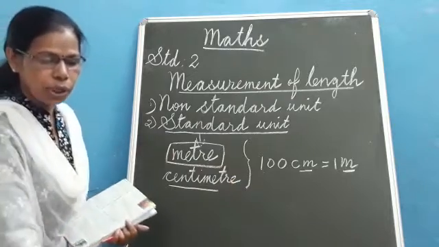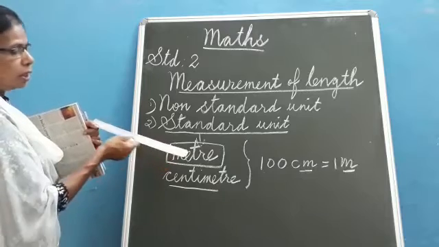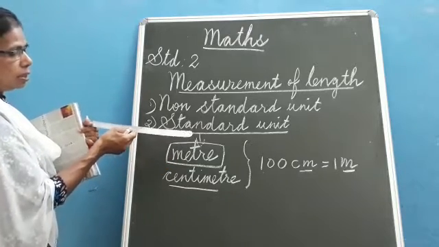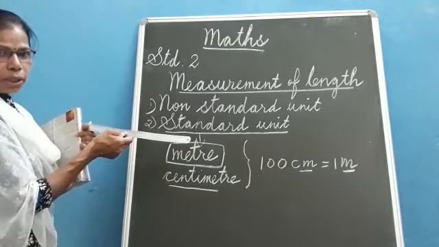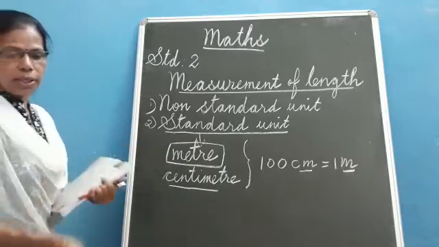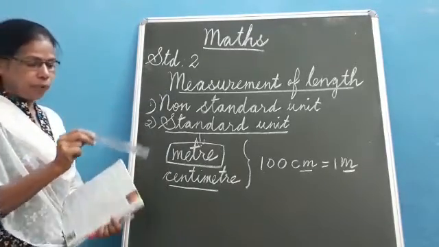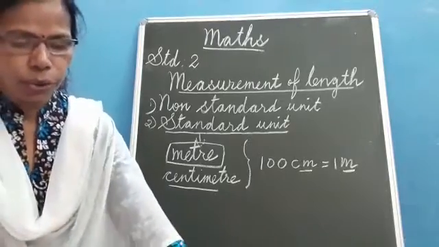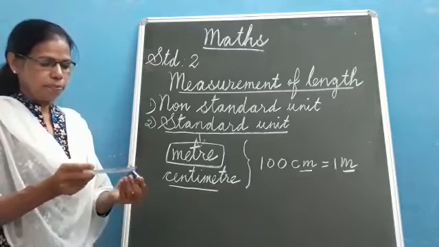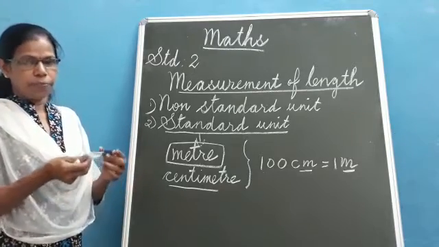Okay. You see the scale is divided into centimeter one side. There are 30 centimeters in this scale. You take out your scale from your geometry box and see the centimeters in your scale. Okay. For example, if I want to measure the length of this battery, how to measure the length of an object?